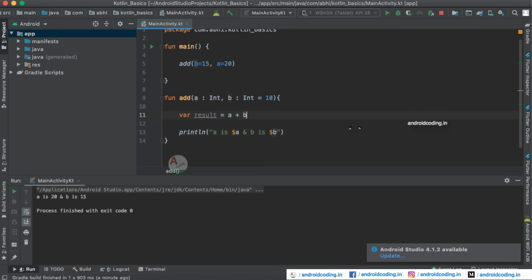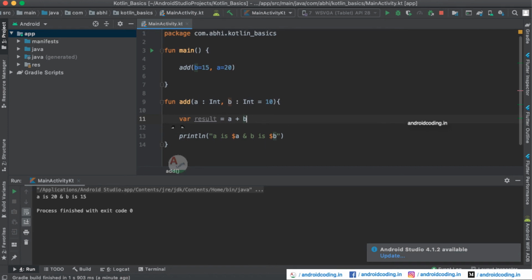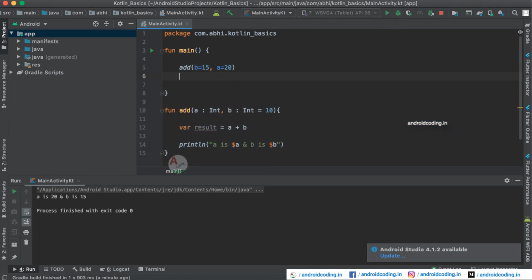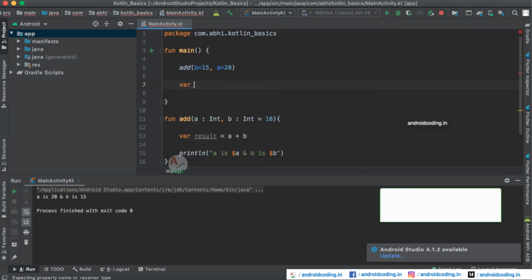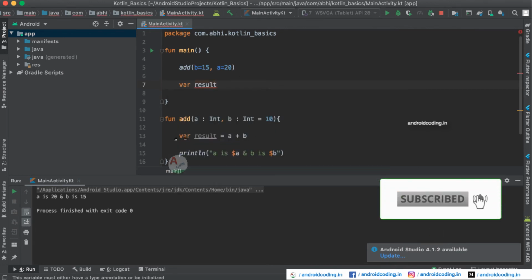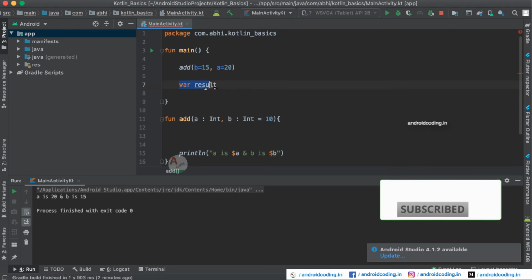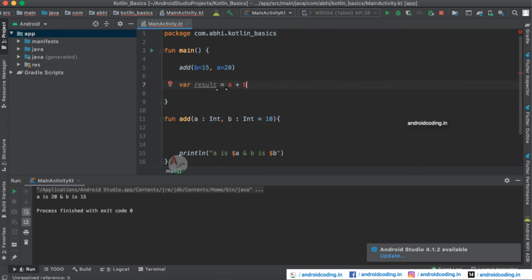So here we will be seeing another way of declaring a function. It's called a return function. So here you can see we are not returning anything, we are just trying to print the values within the function itself. Now I don't want to print the value within the function, I just want to get the value here and I want to print it here. So I want to declare the result in our code itself. So just paste it here and remove this and just add it here.